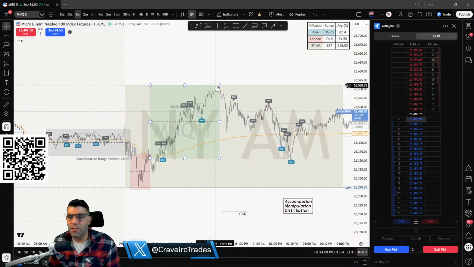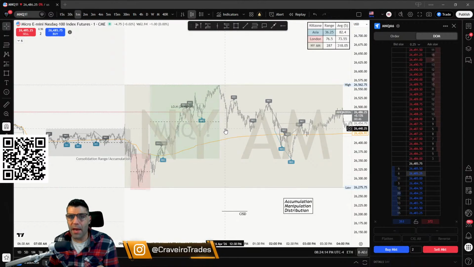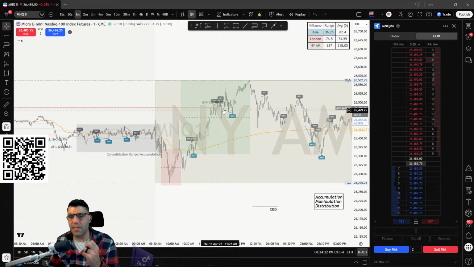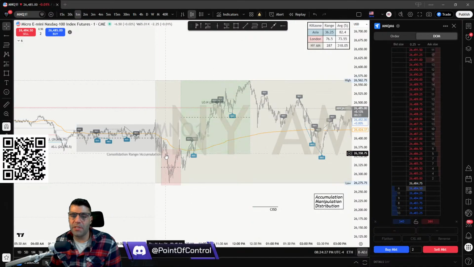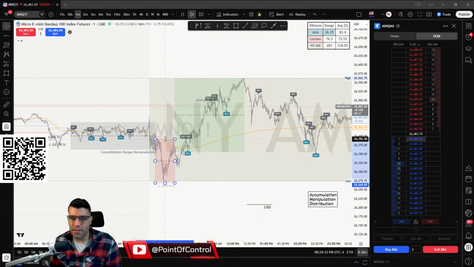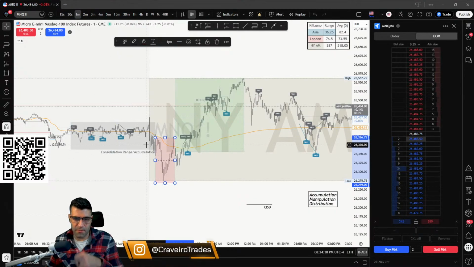In futures, because you never own the asset, you are essentially writing an IOU. You can sell the asset with an IOU, saying, I want to sell this here even though I don't own it, and I'm going to buy it back down here at a lower price, and I want to keep the difference in between. So they will accumulate their long positions. In this example, they were going long, and then they will take counter trend positions from within their firm or however they're trading. So they will take a counter trend position, and they will drive price below these support levels,